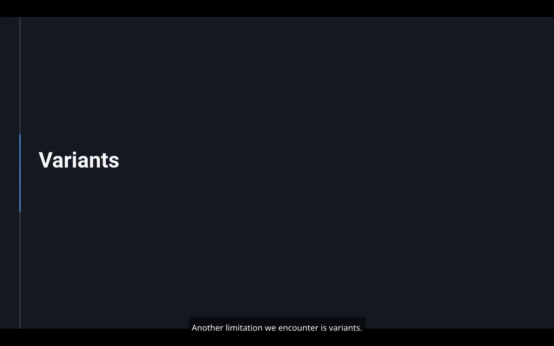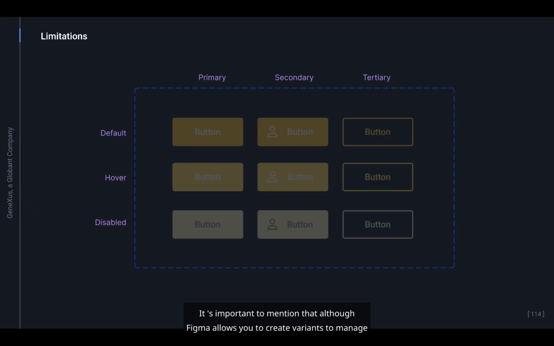Another limitation we encounter is variants. It's important to mention that although Figma allows you to create variants to manage different states of a component, such as buttons in their default, hover, disabled, etc. states, these variants are translated in Genexus as independent components. This means that when importing, each variant will be considered a separate object, which can complicate the management and maintenance